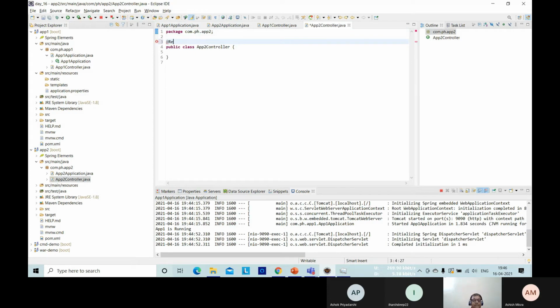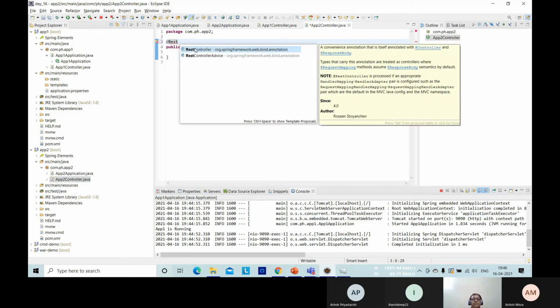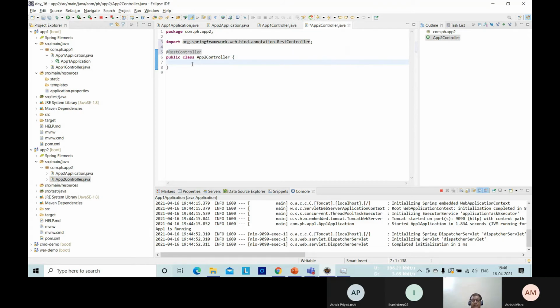Let's have REST controller, and then here you have to annotate the methods.